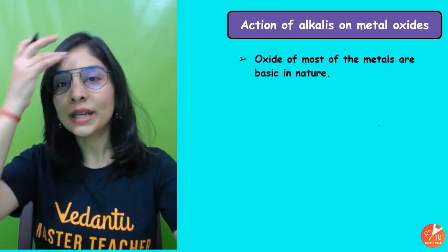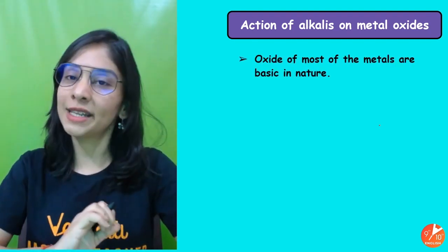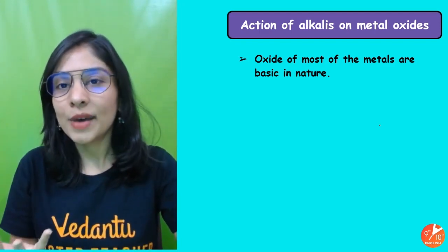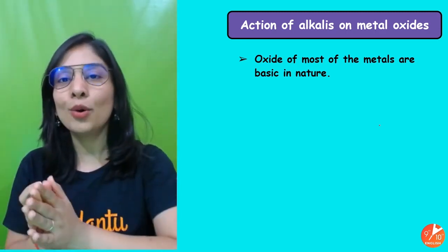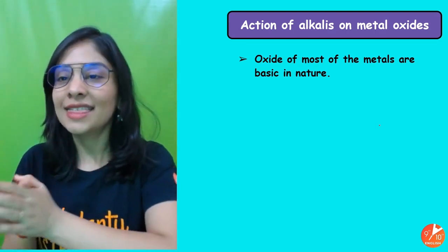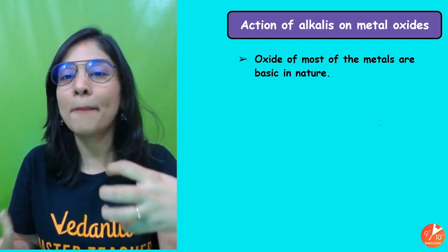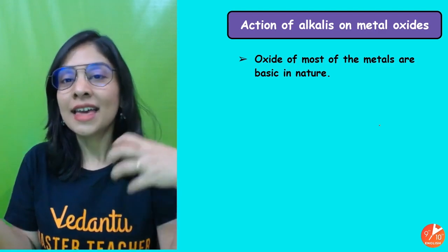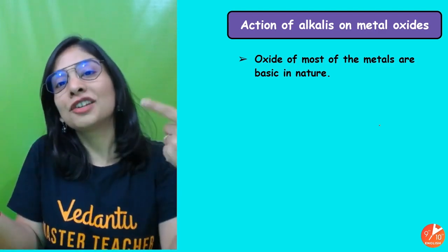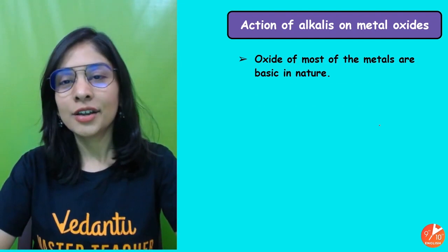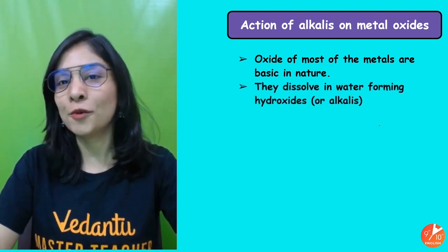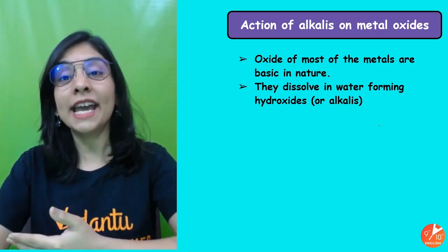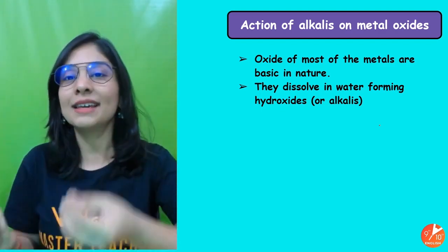First of all, I'll ask you only one thing. What is the nature of metal oxide? I think you can prove it by litmus test also, that when you take metal oxide and put it in water, you will get a basic solution. That means my metal oxides will give me a basic solution and they can't react with alkali. As far as the metal oxide is concerned that could be amphoteric in nature, there is nothing that you need to do. Your zinc, aluminium and lead, if I talk about their oxide form, are still amphoteric in